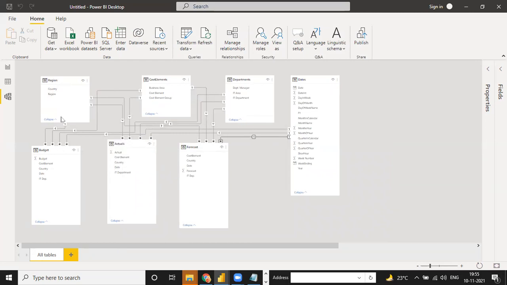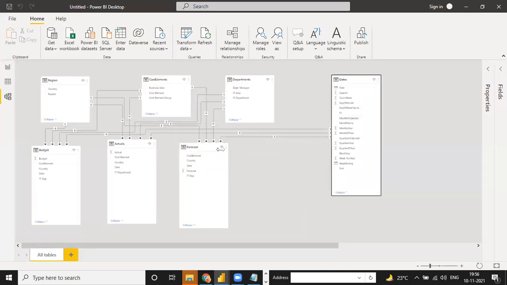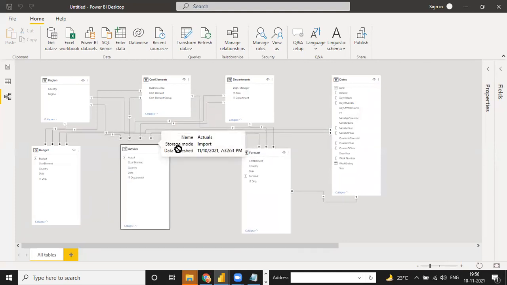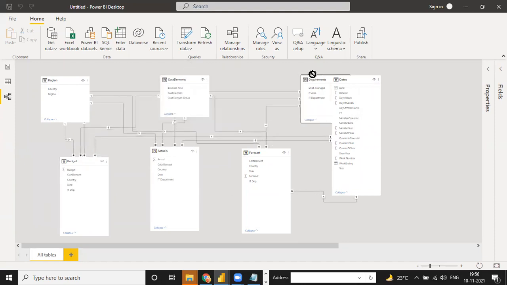And see, from dimension table to fact table, we always have a one to many or many to one relationship. Many to one means suppose the fact table is above and the dimension table is below, then it is many to one. If the dimension table is above and the fact table is below, then it's one to many. Those are the two relationships we have to use in these steps. So now the relationship step is done. Any doubt in this relationship? Anyone? No. Okay.